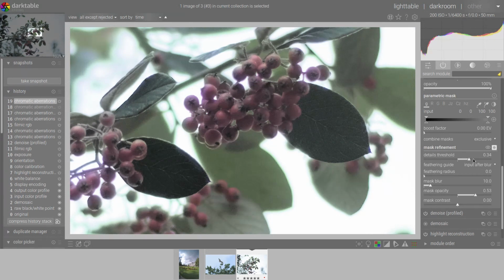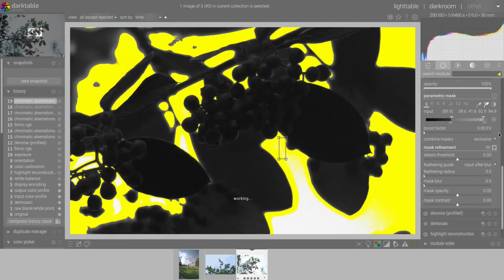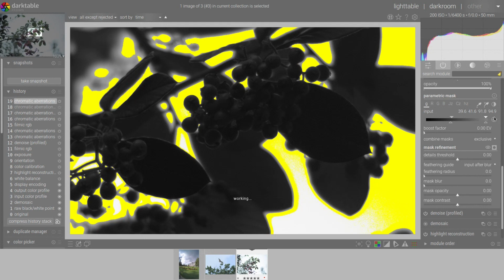Usually I use either a parametric mask defined with a detail threshold, a bit of blur and increasing opacity, or sometimes you can use as well a parametric mask defined for the highlights.